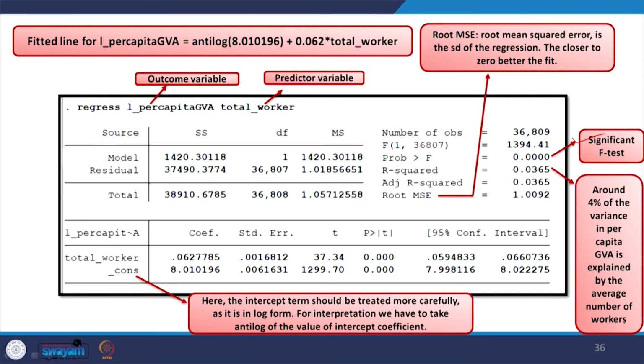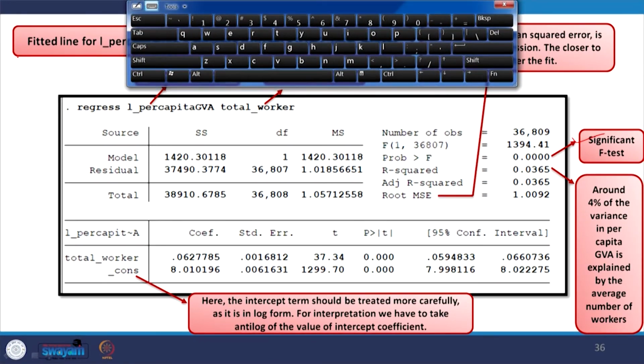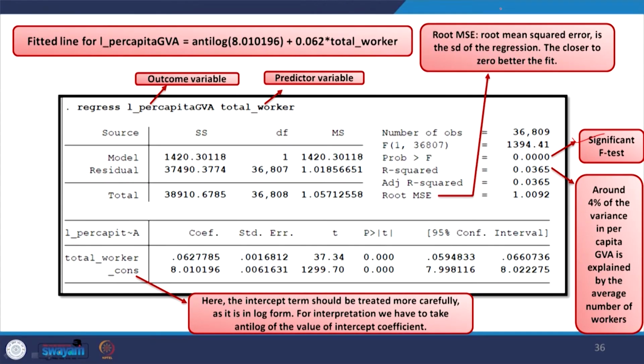If you do not take the antilog, the interpretation is not right. Therefore, the fitted line is written at the top like this. The coefficient of interest, 8.01, is mentioned here, and the beta coefficient of the total workers is given here.